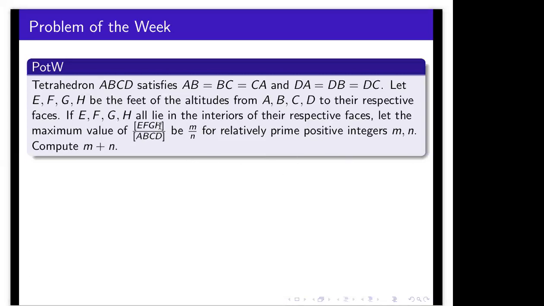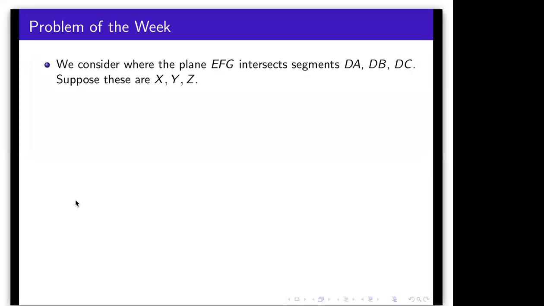So what this tells you is that you have a lot of equilateral triangles if you take some horizontal cross sections, right? We'll take a horizontal cross section in particular. We know that since it's symmetric between A, B, and C, E, F, and G are all therefore going to be on the same plane parallel to ABC, right? So then we suppose that we take this plane and we intersect it with segments DA, DB, and DC,